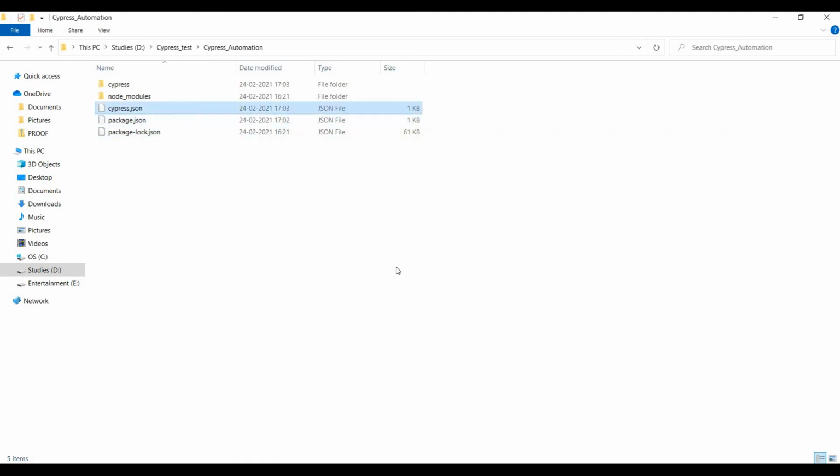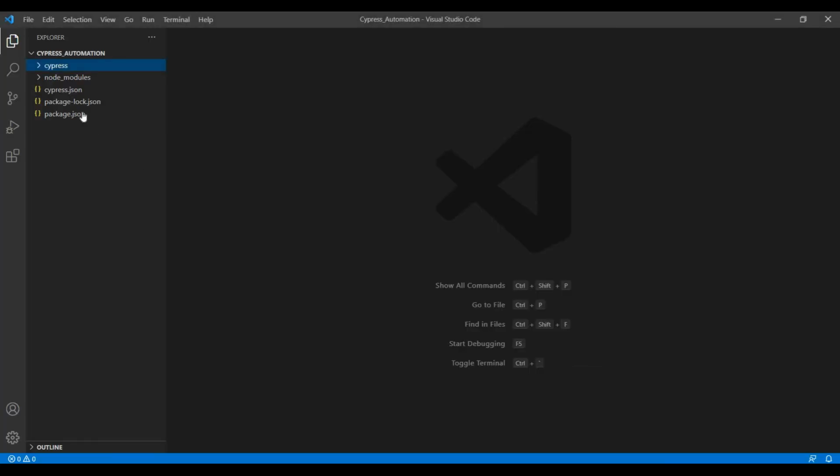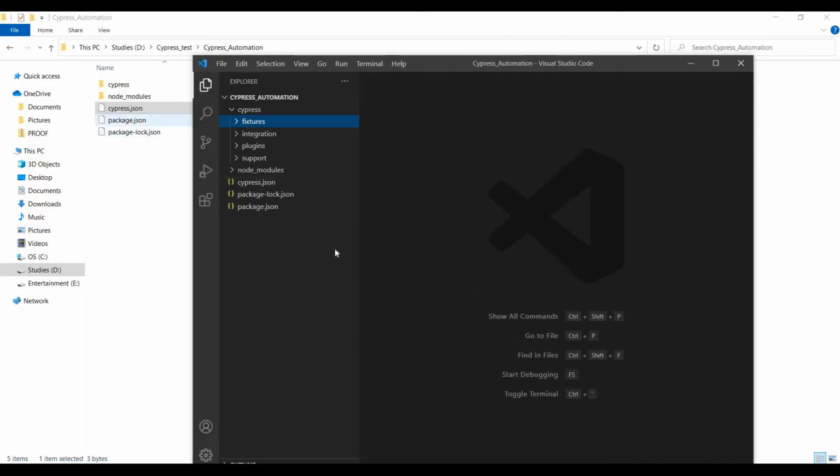The same folders and files will be updated in the Visual Studio Code editor also. See, under Cypress you will get 4 different folders, and node_modules and cypress.json. So everything is created successfully, the same as the workspace directory.